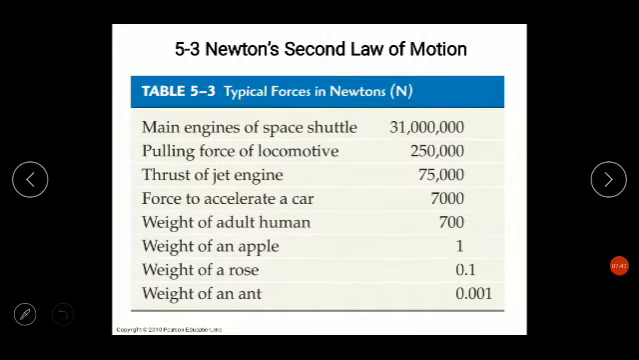Okay, so typical forces in Newton, we have here the corresponding magnitude of different objects with their approximation of forces. Okay, so you have here